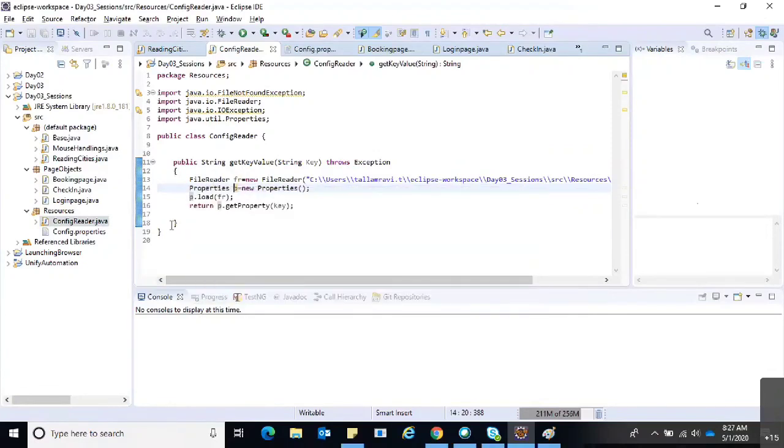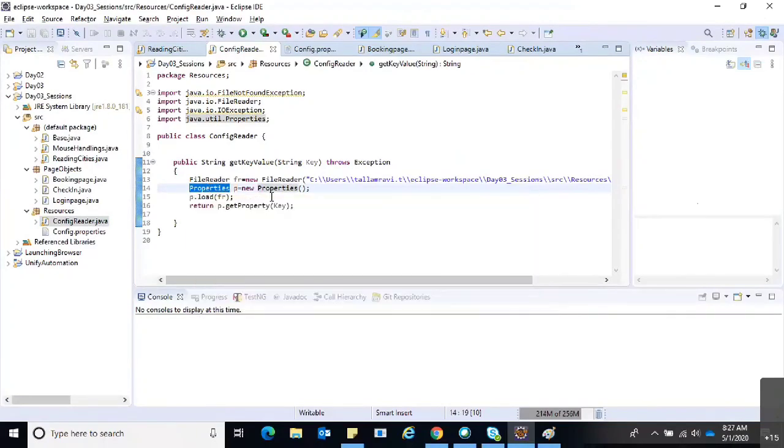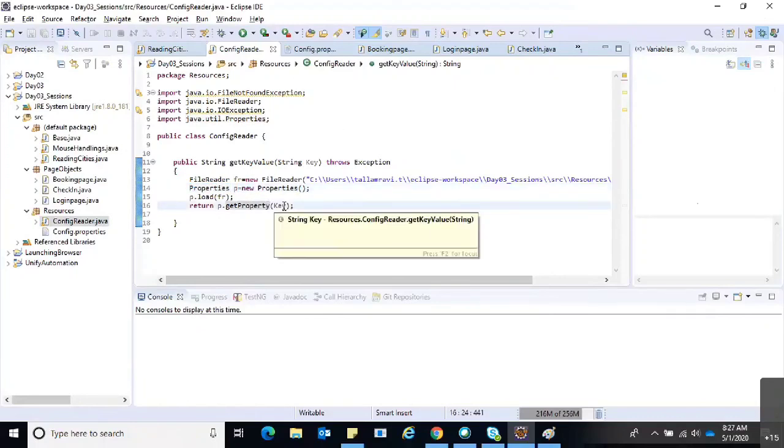For this FileReader class we don't have predefined methods for reading all the values. It can just read, and we need to code a lot to read all the values. But the Properties class has predefined methods like getProperty, which goes directly to the key and reads the value of that particular key. That's the reason we create an object for Properties and use it instead of using the reader directly.